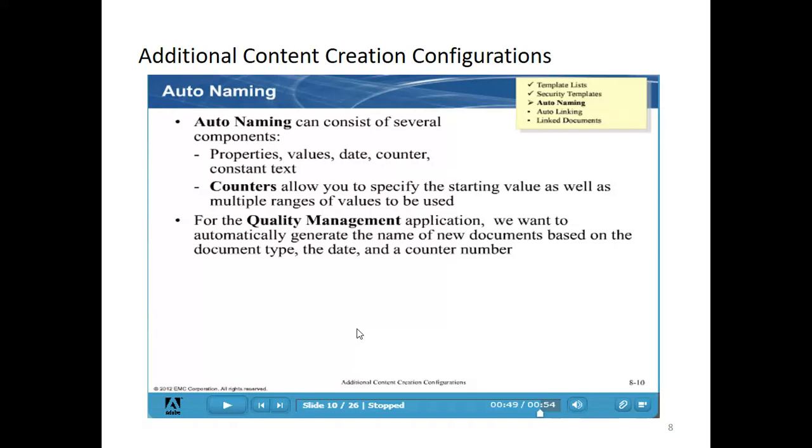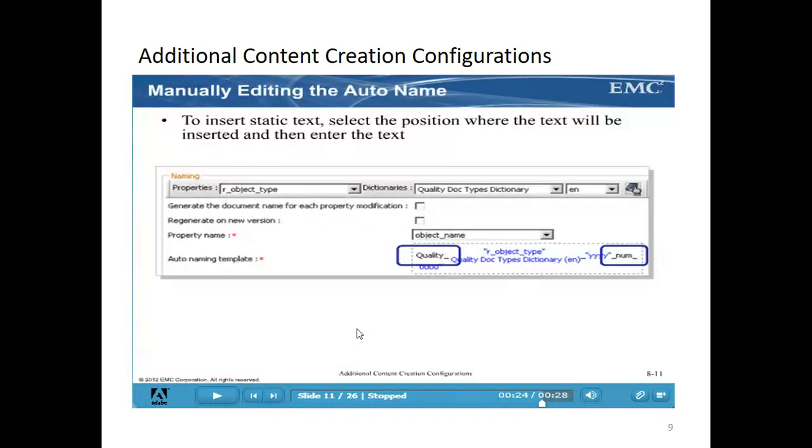Consider there are three types of document, like quality document and quality dictionary. Based on the document type we select in the property, that name needs to be automatically created here.